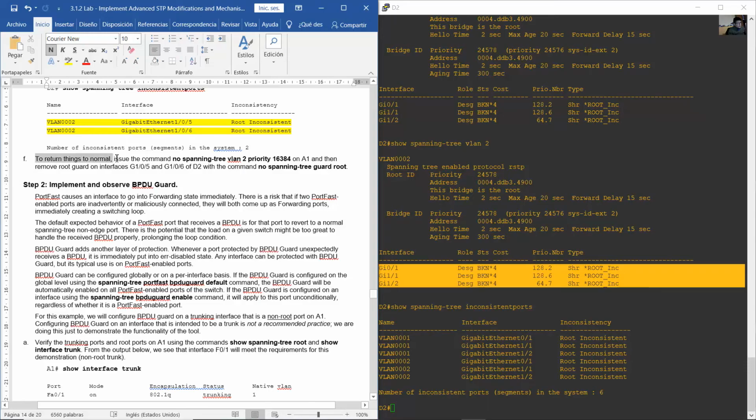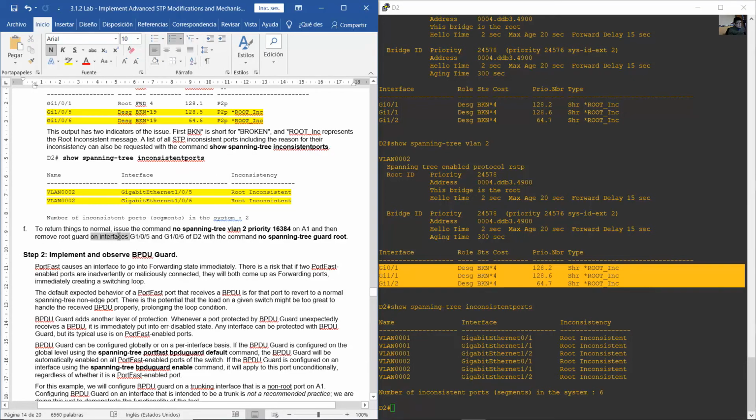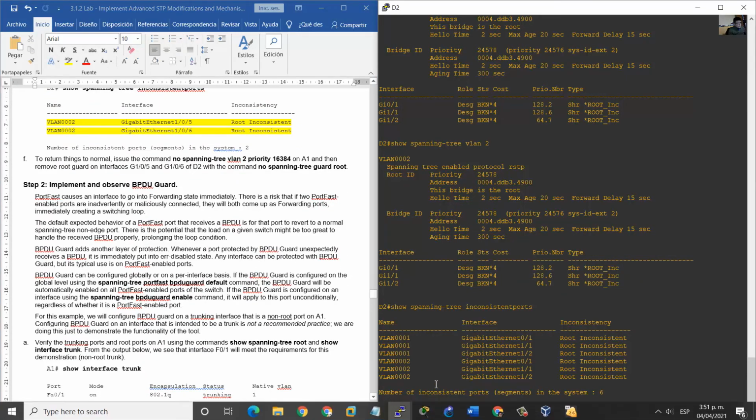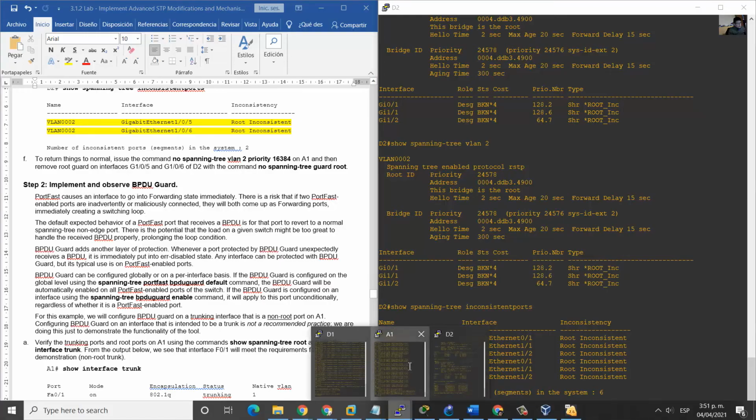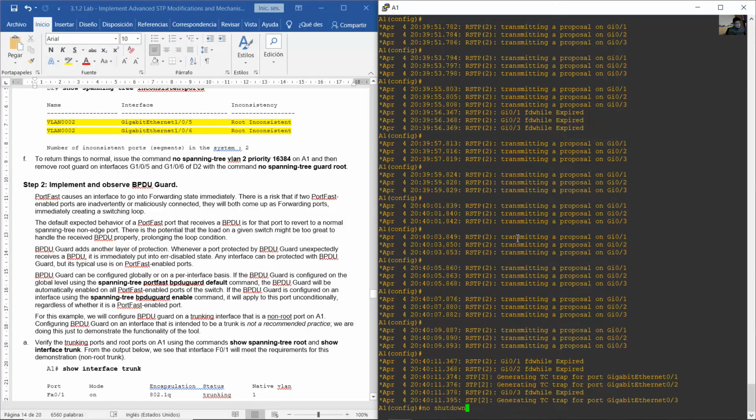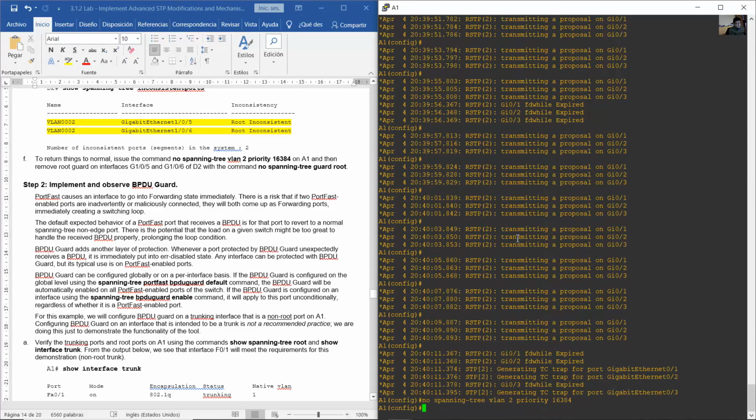To return things to normal, issue the command no spanning tree VLAN 2 priority 16,384 on A1, and then remove the root guard on interfaces on D2 with the command no spanning tree guard root. Okay, and go to A1, no spanning tree VLAN 2 priority 16,384. Okay,